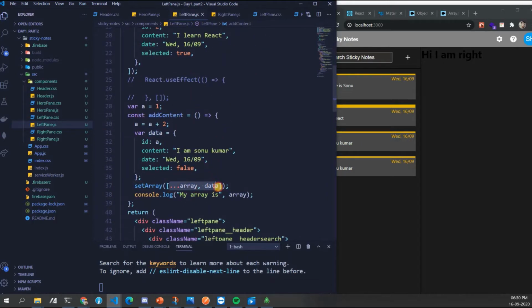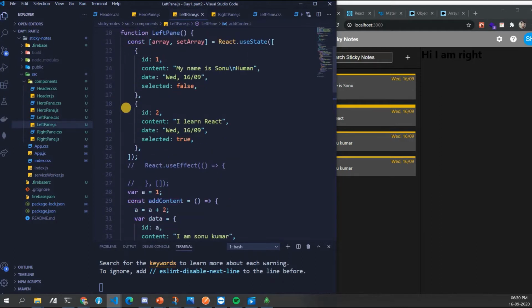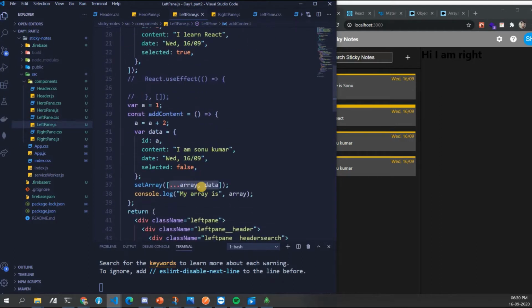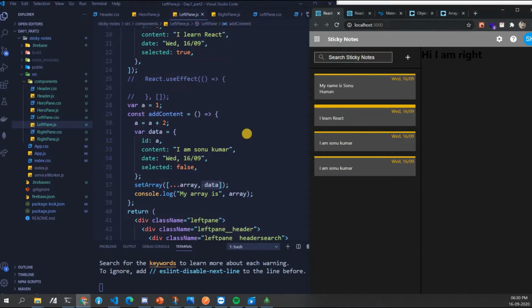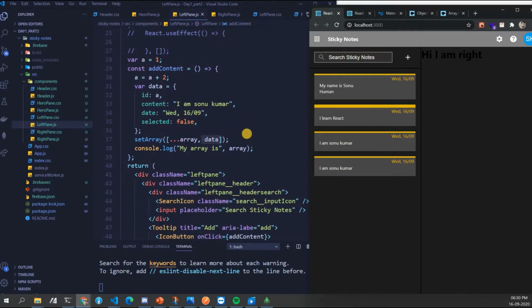So this spread operator will help you do that. So when you look into the links that I have shared, this makes the data one object, two objects. So comma, comma, we have two objects and then this is a data. Okay. So now we have three objects. So based on that, this particular thing is coming. Okay. Got it, guys?